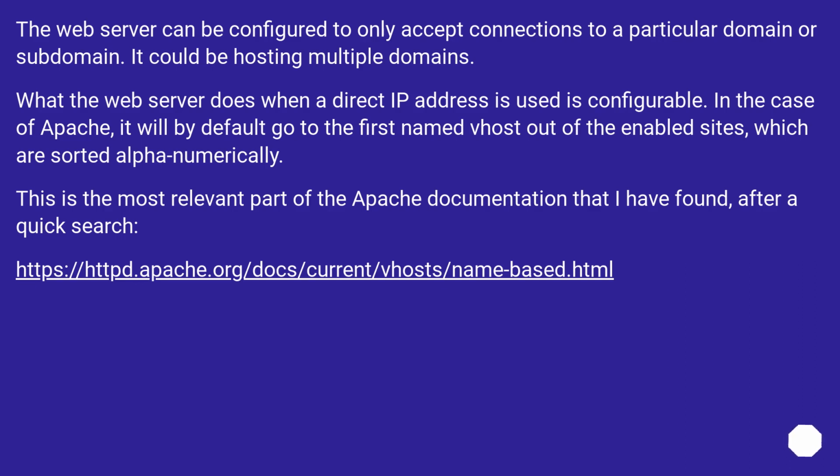The web server can be configured to only accept connections to a particular domain or subdomain. It could be hosting multiple domains. What the web server does when a direct IP address is used is configurable. In the case of Apache, it will by default go to the first named host out of the enabled sites, which are sorted alphanumerically. This is the most relevant part of the Apache documentation that I have found after a quick search. This URL